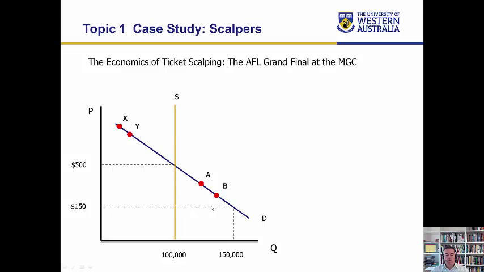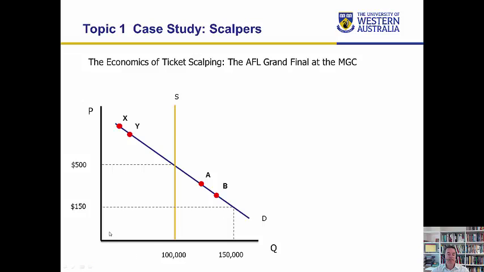Now, the next question is, why do the event organisers price tickets at such a low level for events such as this? Well, there's a couple of reasons. First of all, they want to set a very low price so that everyone has an equal opportunity, regardless of their income level, to actually attend the event. They don't want to set a price of $500 at equilibrium and really eliminate a certain socio-economic group from attending the grand final. They want to give everyone, regardless of income level, an equal opportunity to attend.